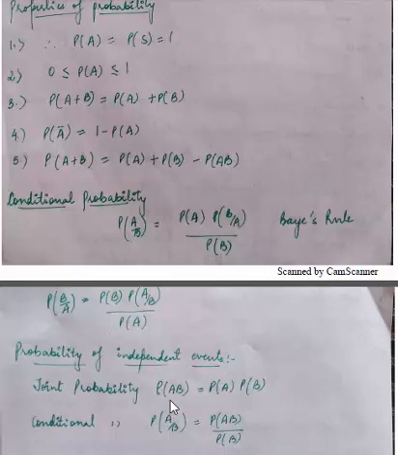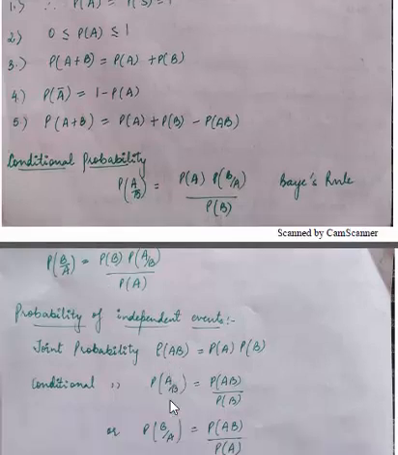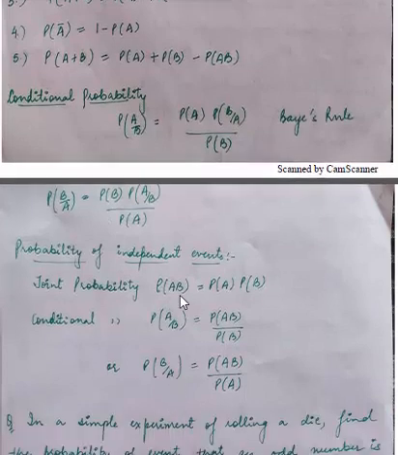Independent events means two events are said to be independent of each other if the probability that one event occurs in no way affects the probability of the other event occurring. Or, in other words, if we have an observation about one event, it does not affect the probability of the other.